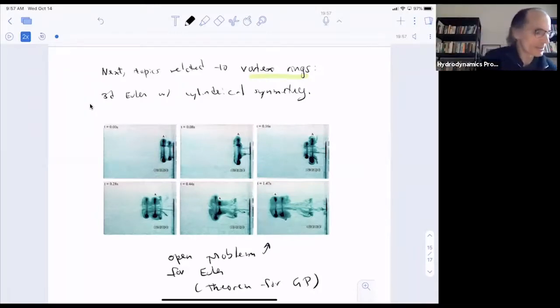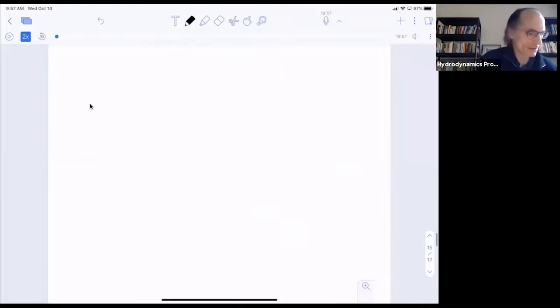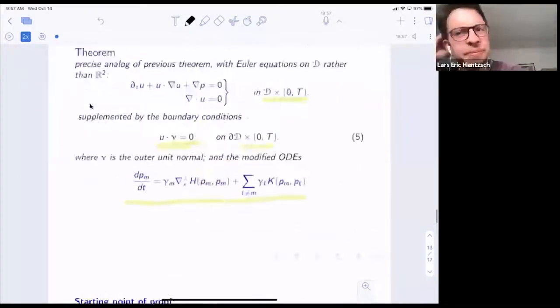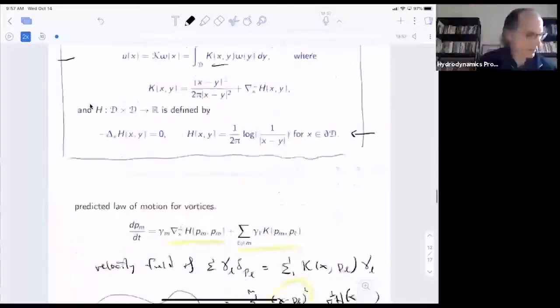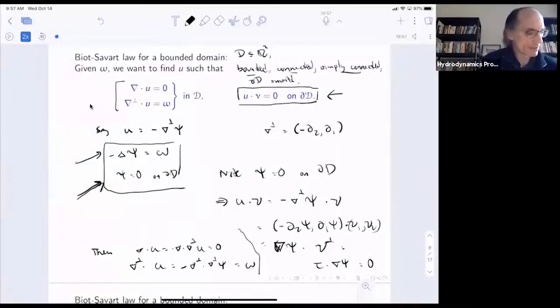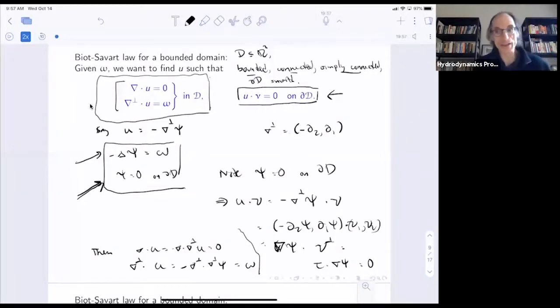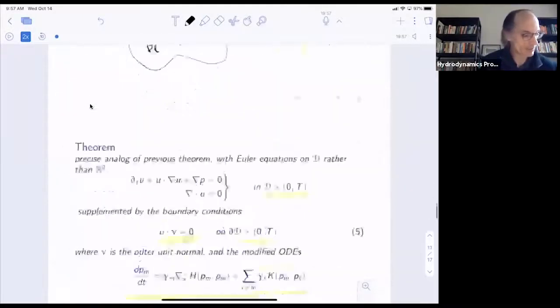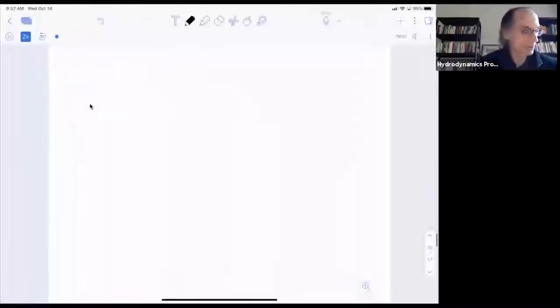So the reason I wanted simply connected is here: when I solve this system of equations, if I'm given omega and I'm solving for u, there'll be a unique solution on a simply connected domain. But if the domain is not simply connected, then the solution is non-unique. Let's recall this. So, for example,